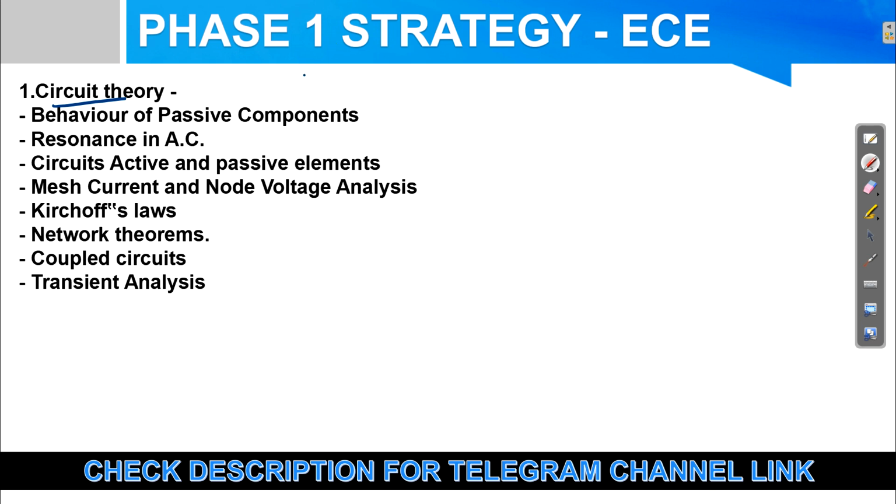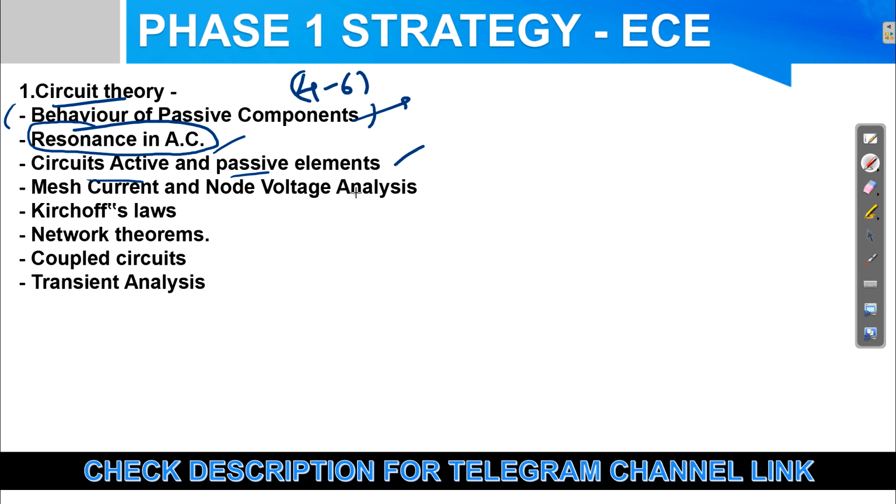For circuit theory, you can give 4 to 6 days and try to cover it in 4 to 6 days only. Behavior of passive components: circuit elements, that is passive and active, and the behavior of passive components. These are important things, including everything related to RLC, series connection, parallel connection, voltage divider, current divider. Active and passive circuit elements you know already. Then resonance, the complete chapter you need to study. Resonance in AC they give, but study DC as well. Obviously in AC we will get the resonance.